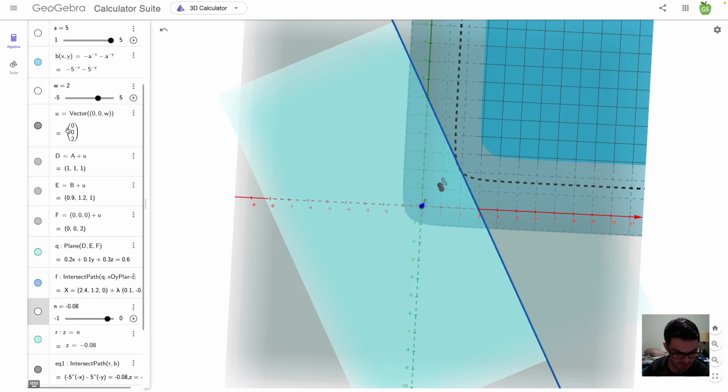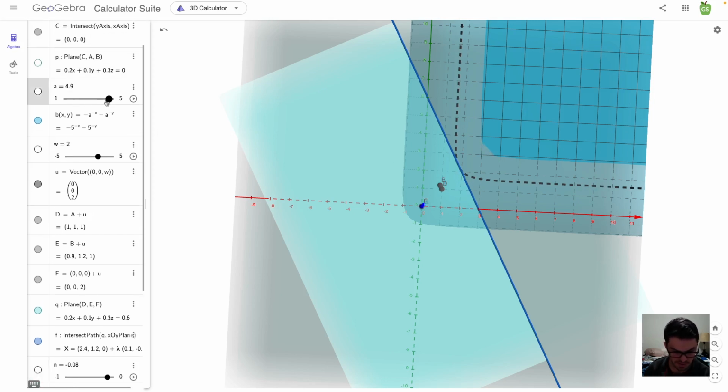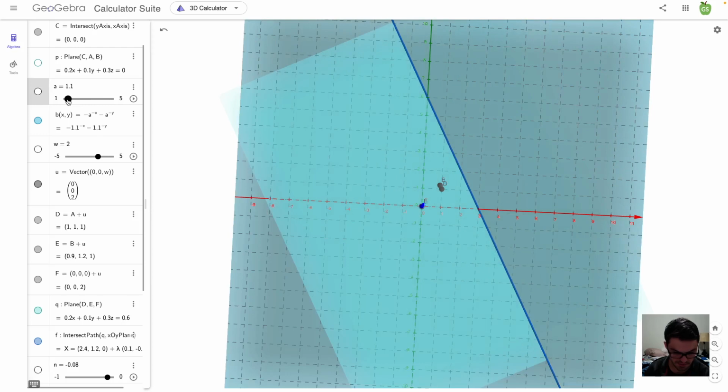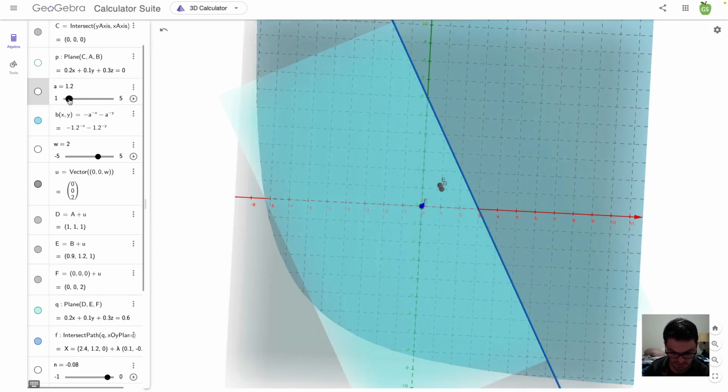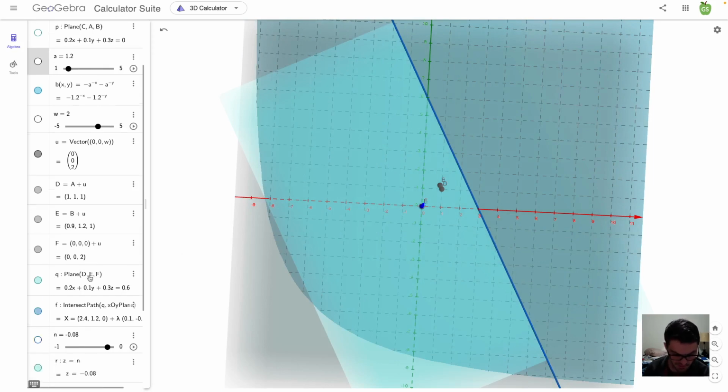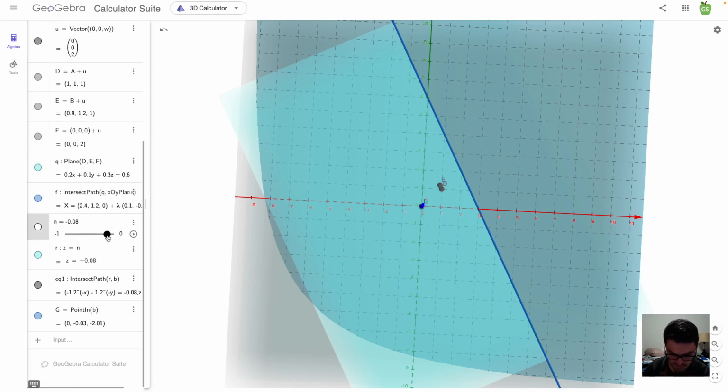So we cranked up the risk aversion a lot. What happens if we go down in risk aversion? Let's do something at about 1.2. This person is very neutral towards risk. They're not very concerned about it. They're like, I'll be fine. So what we're going to do here is move this down a lot. We're going to have to lower this. Keep going down. All right, now we are intersecting